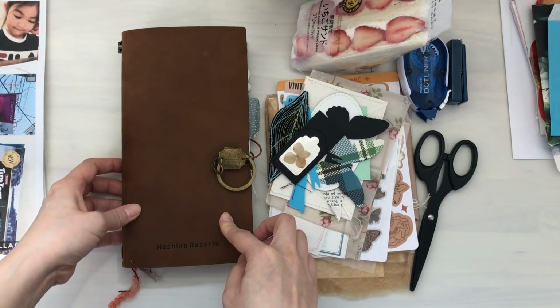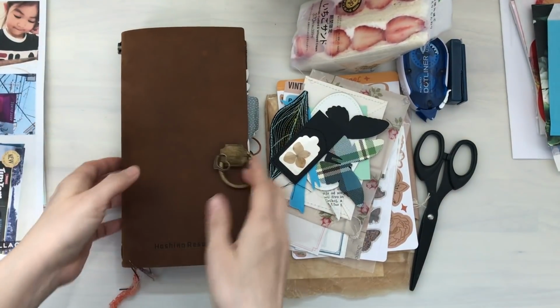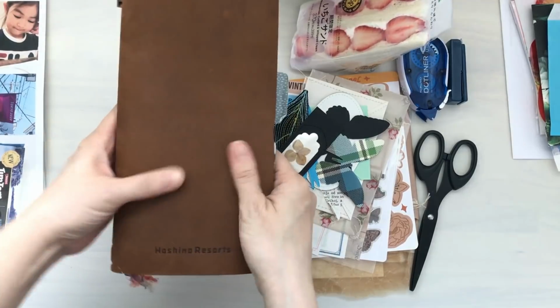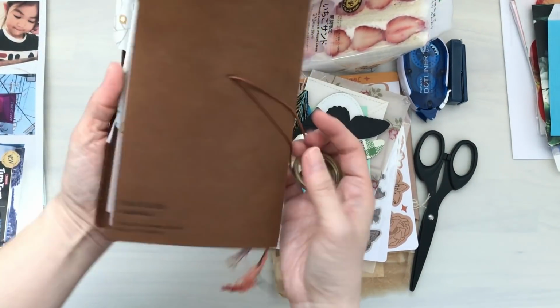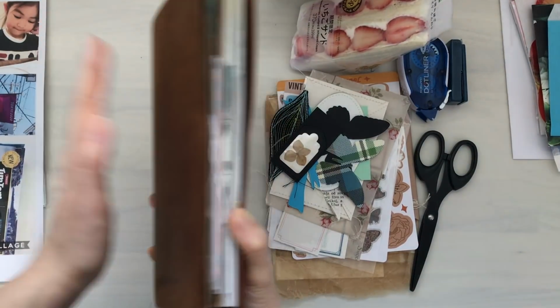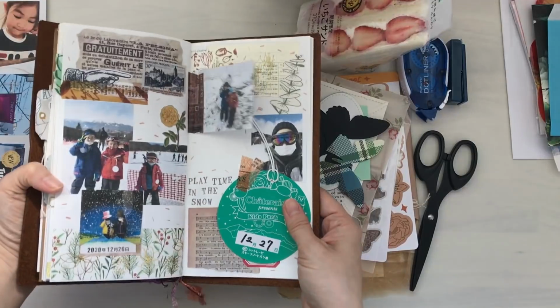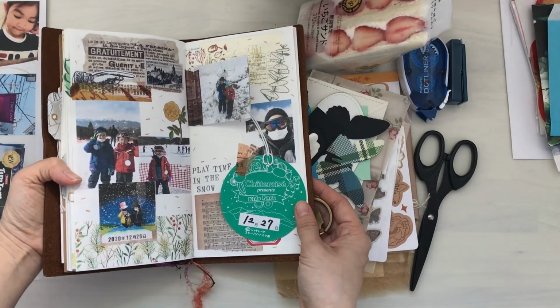Today I want to work in my travel journal. This is the regular sized traveler's notebook, in the camel color from Traveler's Company, the Hoshino Resorts version. So yes, my previous journal with me video in this specific notebook, I discussed maybe journaling about